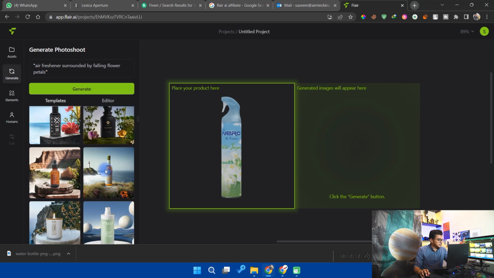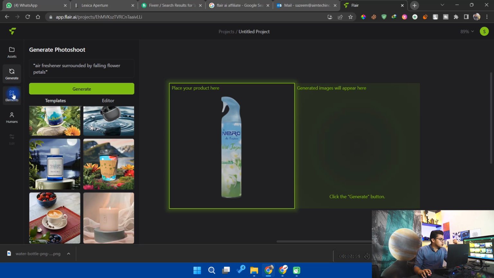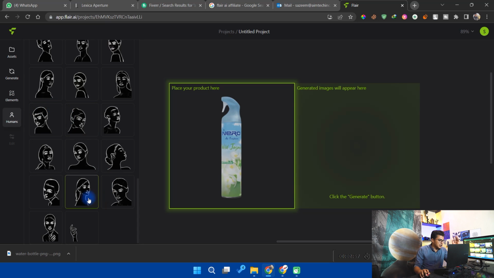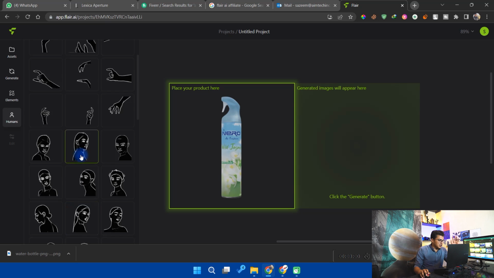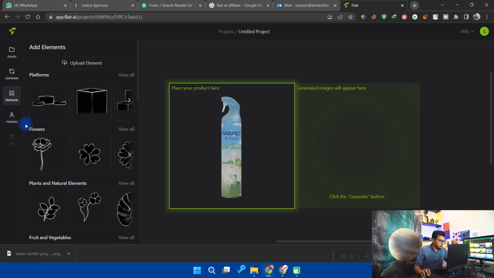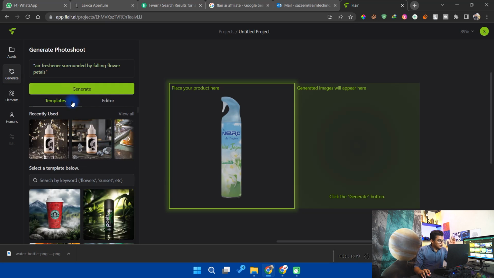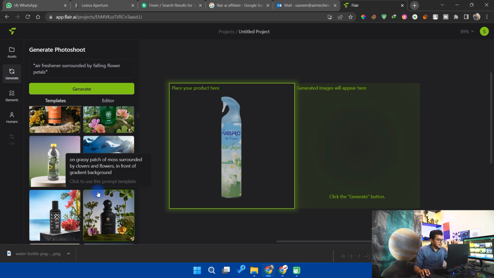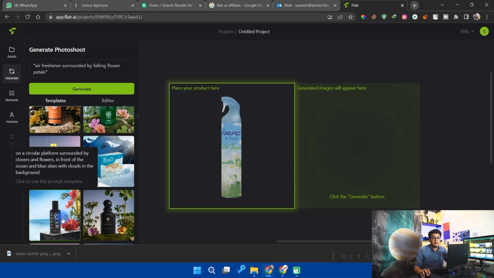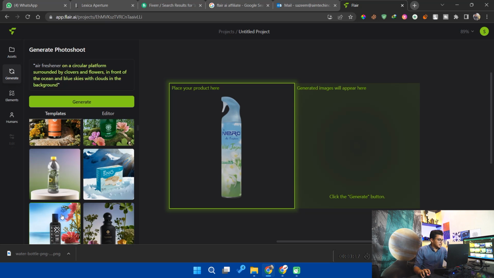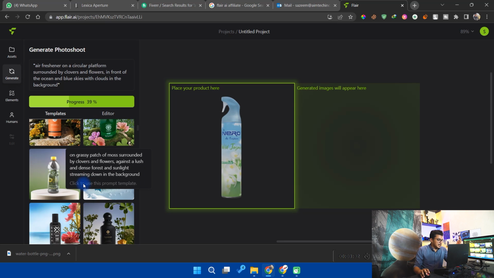In the template section, you will see some templates here. I recommend you don't use elements and humans for now, because they are not realistic. That's why. But if you want or if it is required, you can use them. So I'll simply go to generate, and you can see the templates. There are already templates. If I click any of the templates, you can see the prompt that it will use. Here you can see the prompt is generated: air freshener on a circular platform surrounded by clovers and flowers in front of the ocean and blue skies with clouds in the background. So just click generate, and it will try to generate